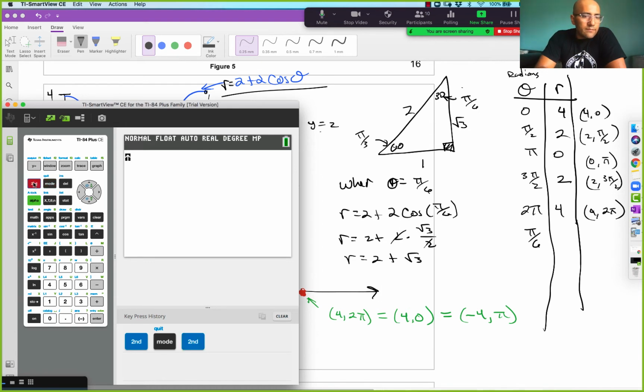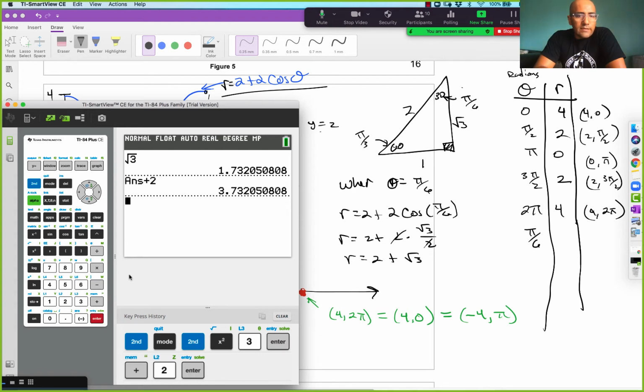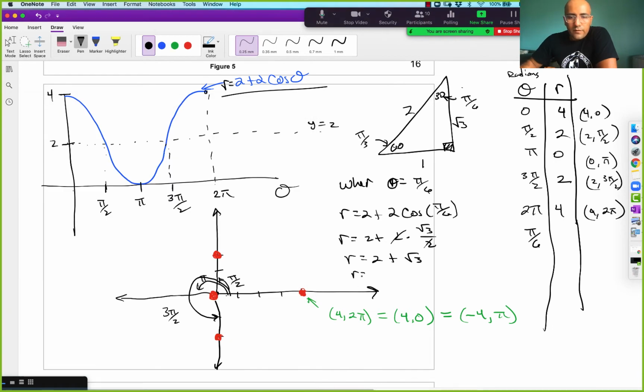So this is root 3, enter, plus 2, enter. We get 3.732. And that's what goes into here. r equals 3.732. Okay, so now again going back to our polar grid, that means that if I create an angle of